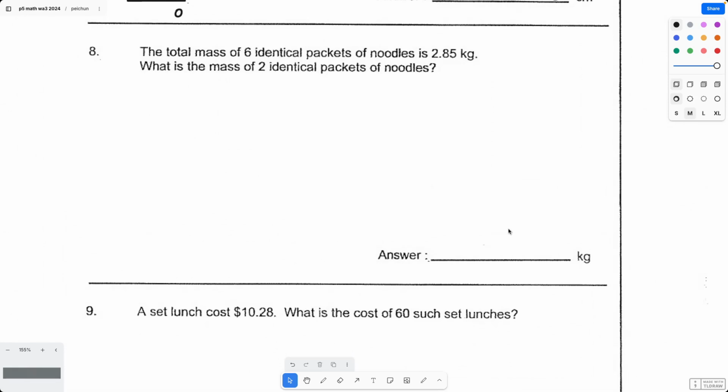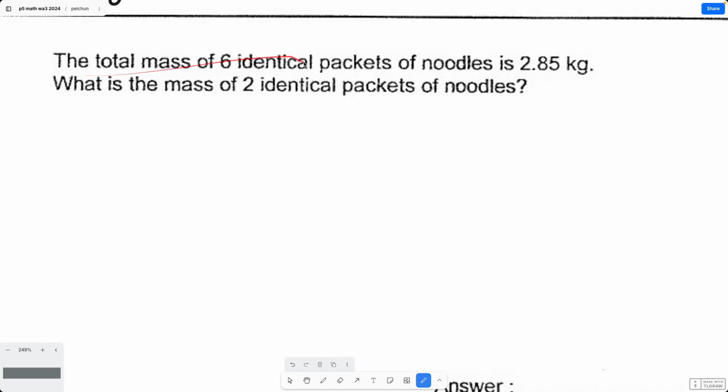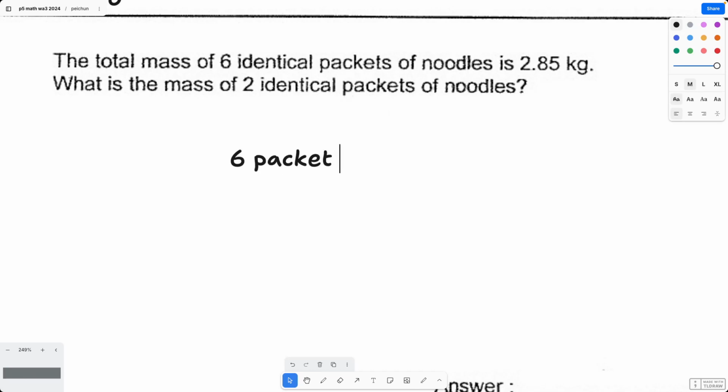Question 8. The total mass of 6 identical packets of noodles is 2.85 kilograms. What's the mass of 2 identical packets of noodles? Let's write it down. So it says here 6 packets is equal to 2.85 kilograms. And then 2 packets, I need to put the S, is equal to, so what